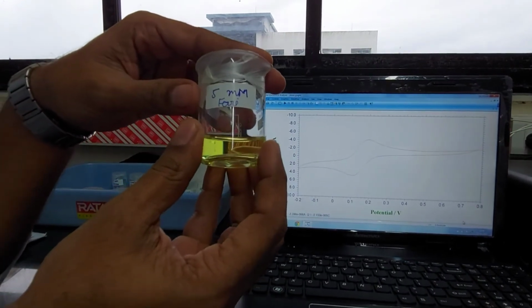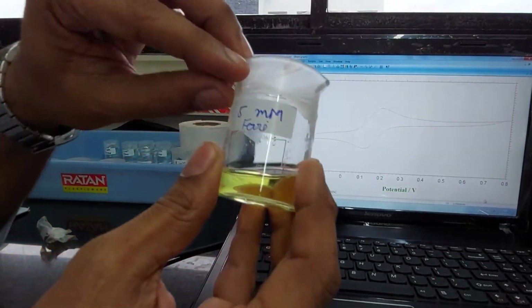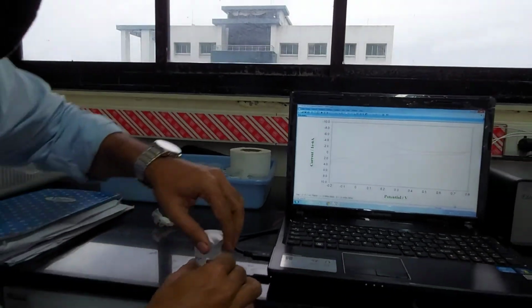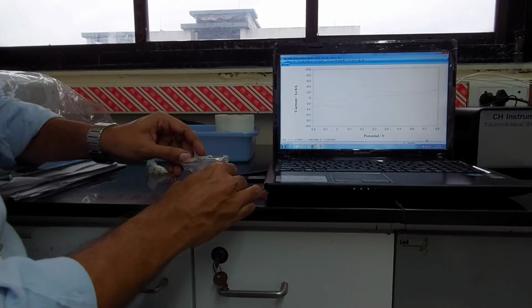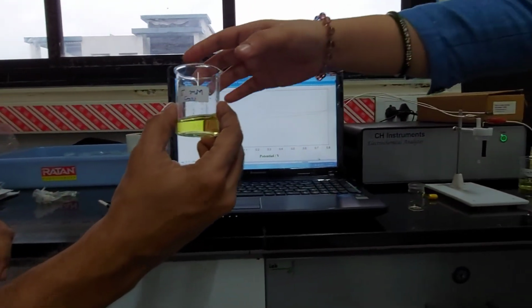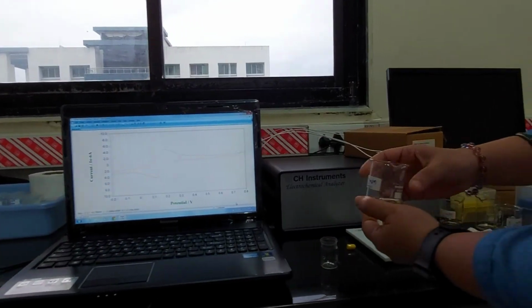That's the 5 millimolar, right? Okay. Let me open it for you. We don't want anything to be dropped. Yeah, onto the computer. See, that's 5 millimolar, right? You got it, Rupesh? Yes, you got it.